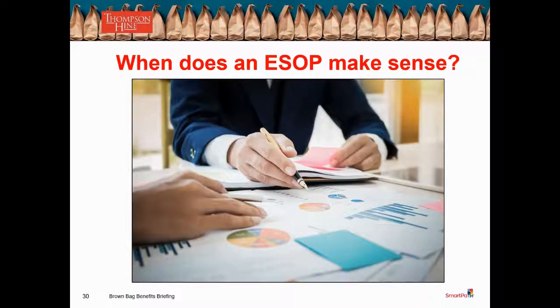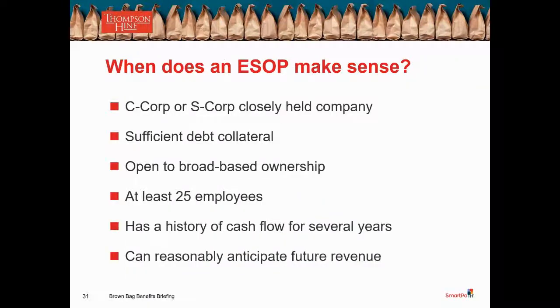So when does an ESOP make sense? Getting to the end here, we end up having a C Corp or an S Corp of a closely held company. Really important, not an LLC. LLCs are going to need to convert to a corporate form to be able to do an ESOP. And so LLCs, probably LLCs taxed as a C Corp or an S Corp, or LLCs taxed as a partnership,